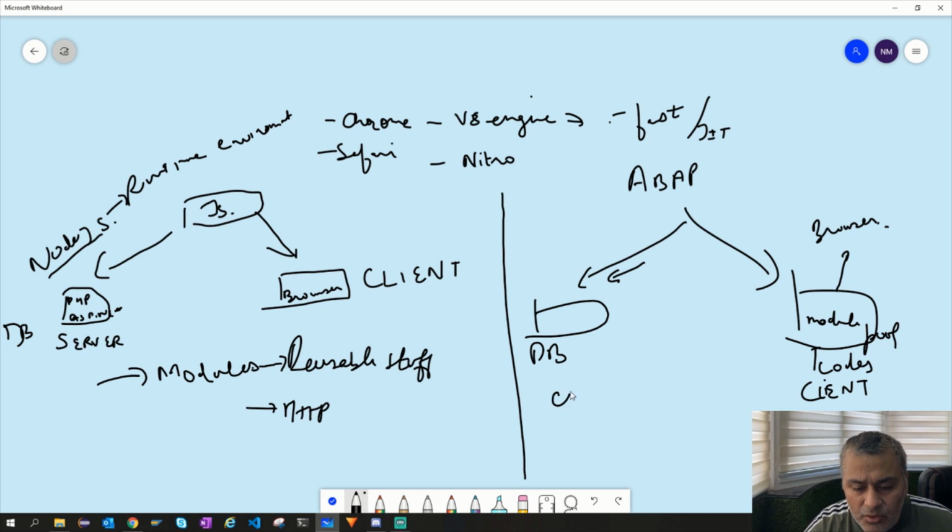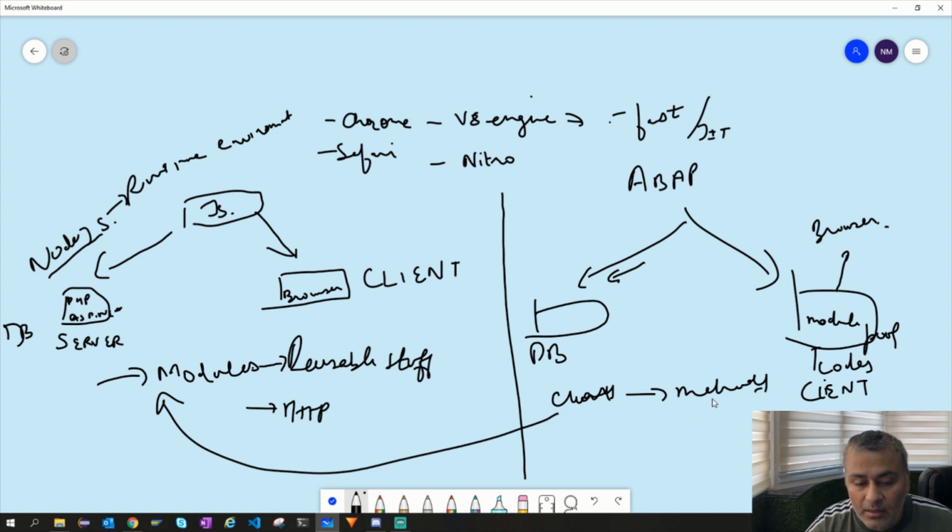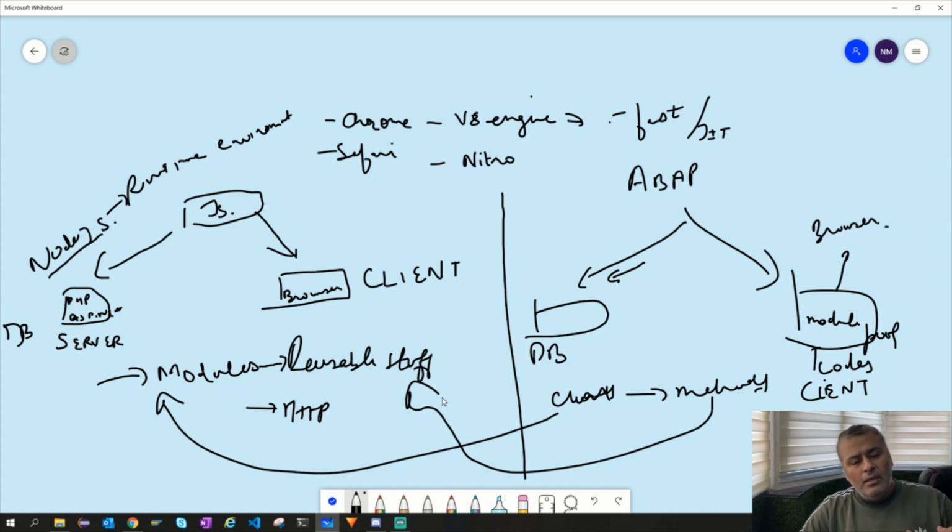Consider this to be a class. A class has different methods, right? Now this class is like a module, and these methods are the individual parts, the reusable stuff. Like you create an instance of a class in ABAP and then you reuse its methods. Or maybe in our older era of procedural programming, we had this big include where all the subroutines were there, and we used to include that in our main program and use those subroutines. So that is how Node.js and ABAP are very similar, but yet so different and powerful.